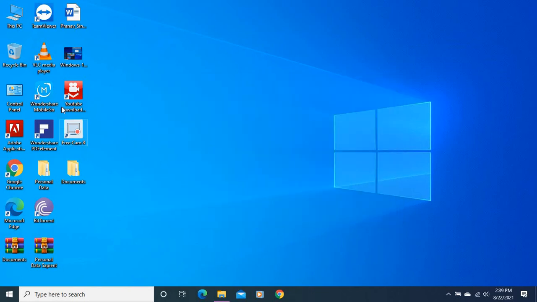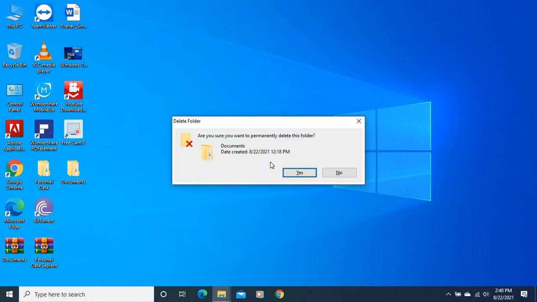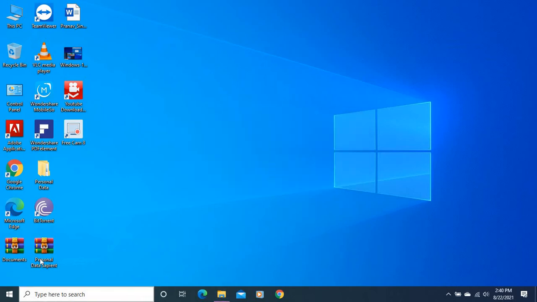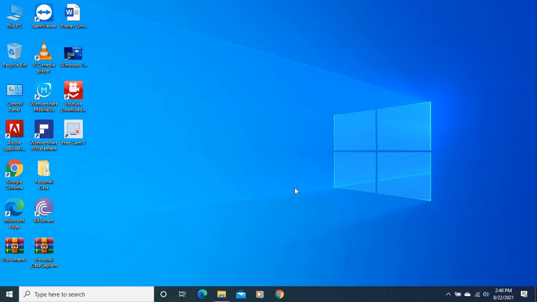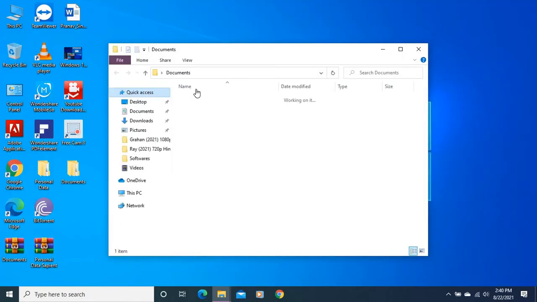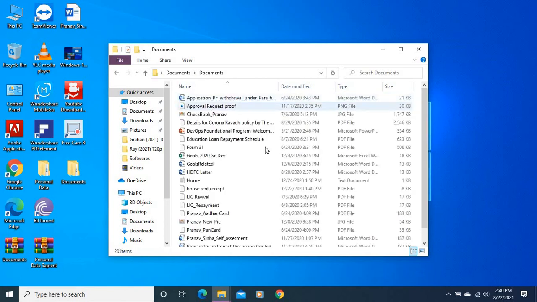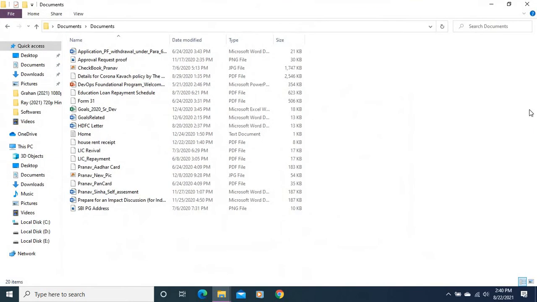So what we will do, first I will delete this folder since it's overriding, and we'll click extract here. So now you can see this file is extracted. You can use that file. So this way you can do it.